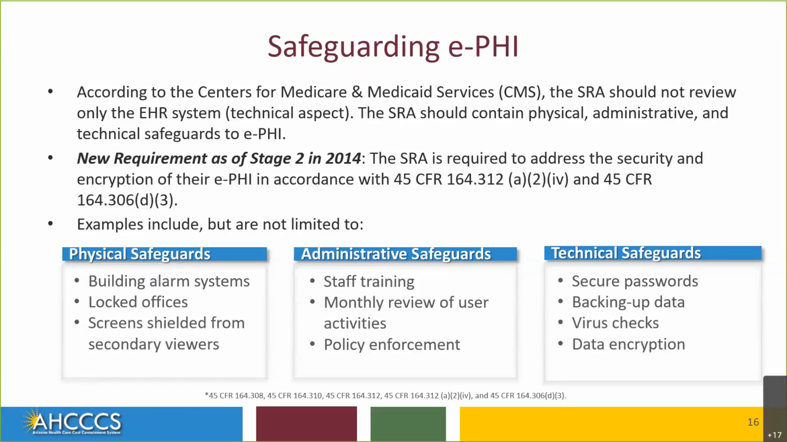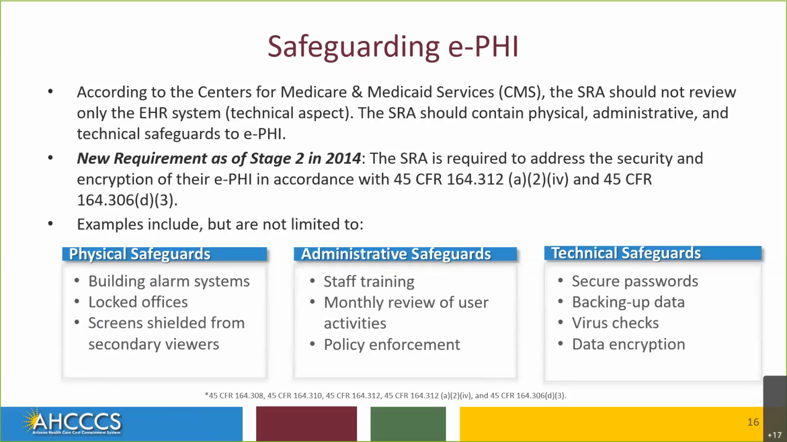So going over some examples. For physical safeguards, some examples are building alarm systems, locked offices, screens shielded from secondary viewers. You want to identify in your SRA what physical safeguards that practice has implemented, such as if you have an alarm system or you have locks on the doors, you have locks into any rooms that store paper copies of